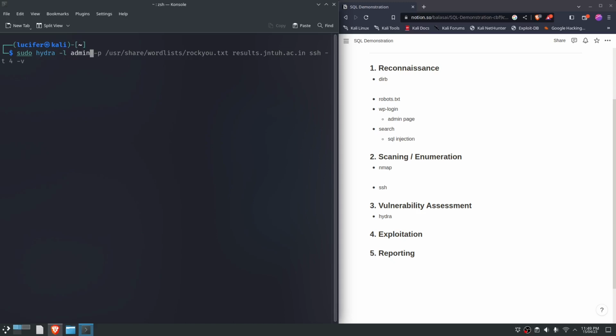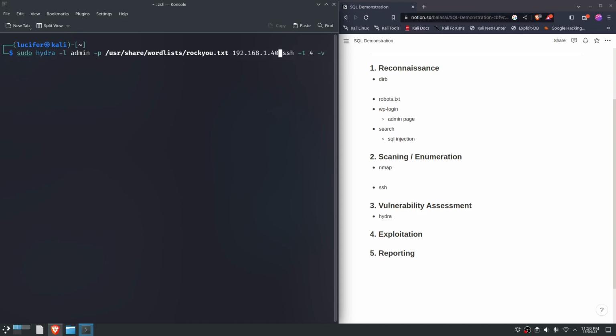I'm trying the username admin, and I'm using my password list, /usr/share/wordlists/rockyou.txt. Those of you who are already into the pentesting field may have heard about rockyou.txt. It is a really famous word list of very commonly used passwords from vulnerable websites, and now we are trying it on our particular